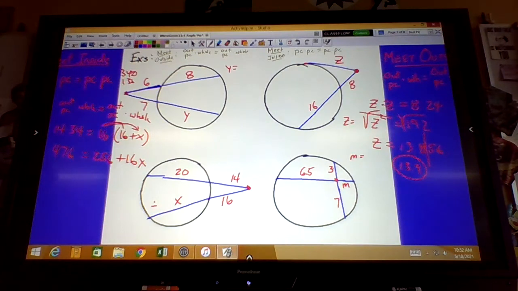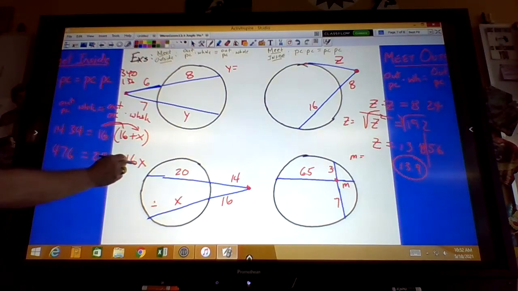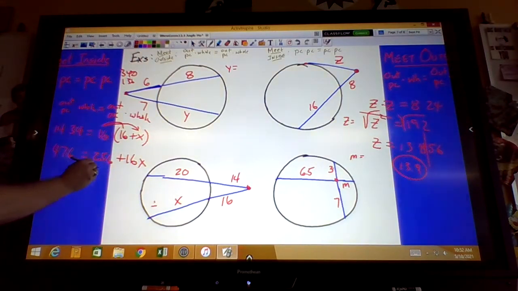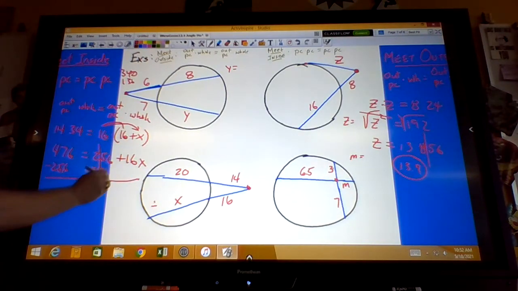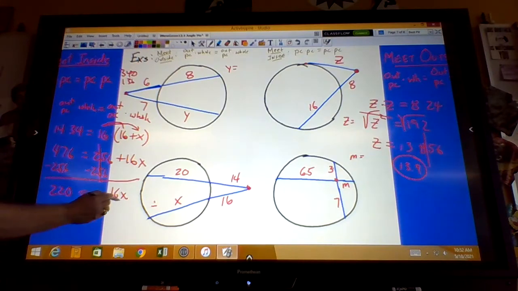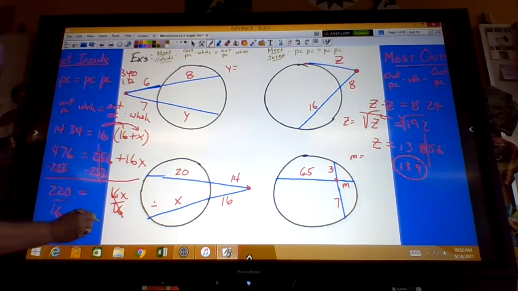So now we've gone from geometry to algebra 1. Okay, to solve for x, we got to get rid of this 256, so we subtract 256 from both sides. That cancels out. You've got 16x equals 476 minus 256. That's going to be 220. And all you have to do now is divide off the 16. Divide off the 16. They cancel out. You get x equals